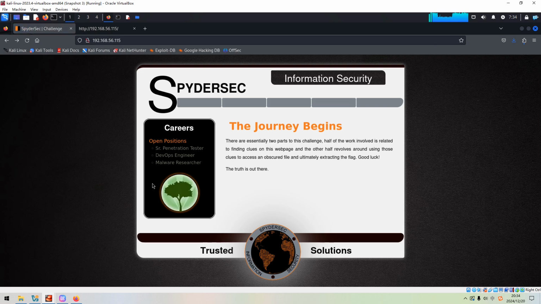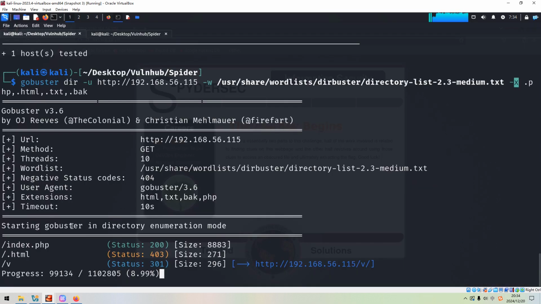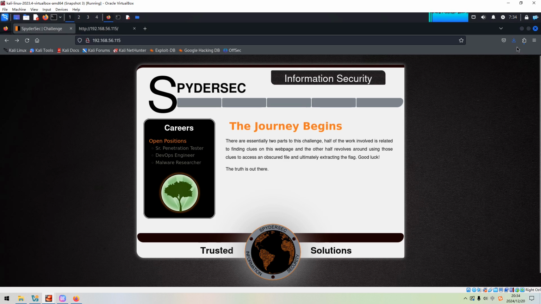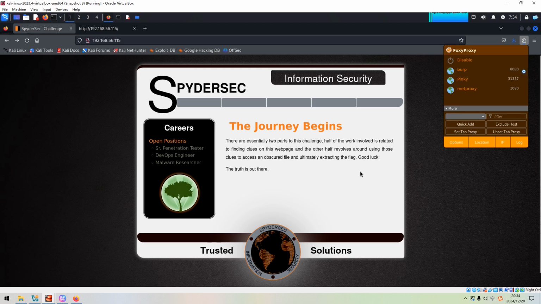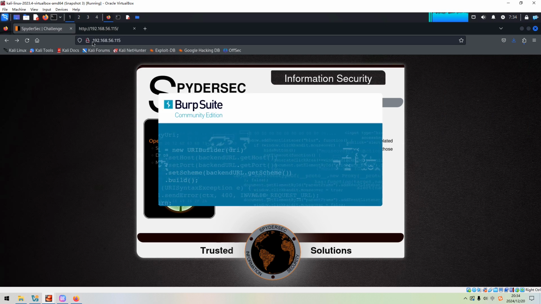So actually we need to do some more analysis, to analyze the request and response. I think Burp Suite is a very good option. So we just let GoBuster keep running, and in the meantime, we can launch Burp Suite to analyze the request and response to see something weird or interesting.